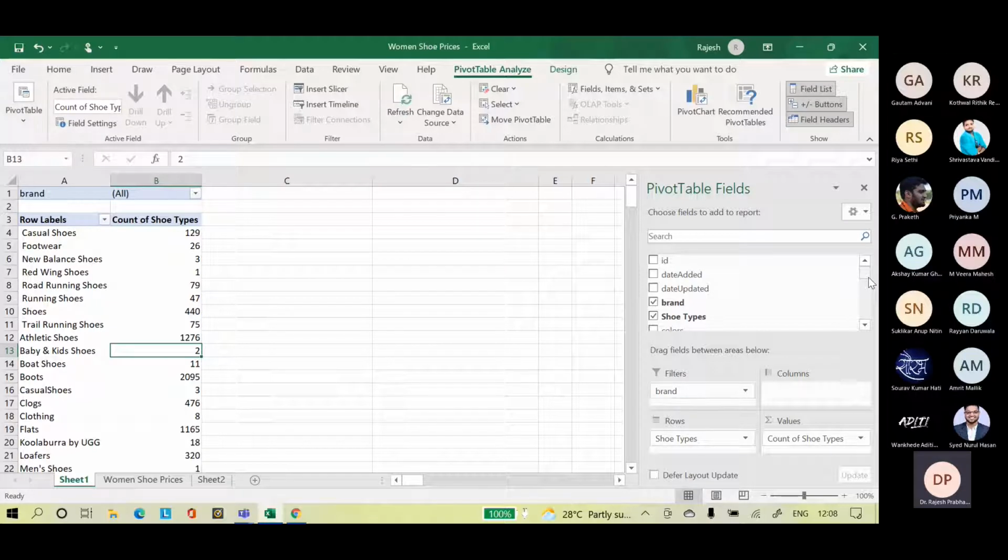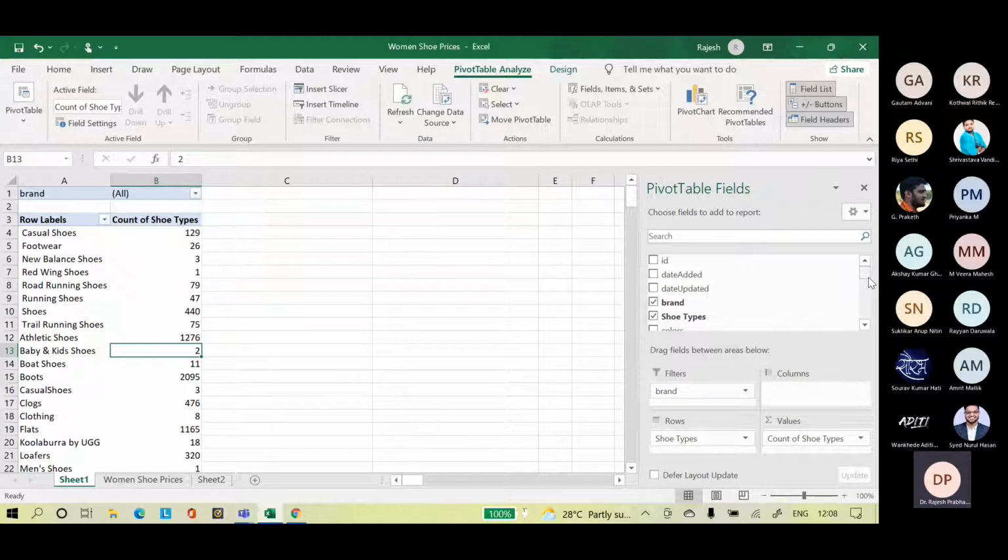Basically, shoe types, brand, and max and min amount or average amount we can calculate. So on the inventory side, most of the time in inventory management, we need to clean up the data. The data cleanup is the challenging task. And a lot of manual work is also done on this cleanup when you don't have concrete data available.